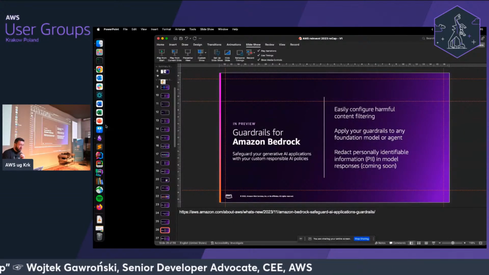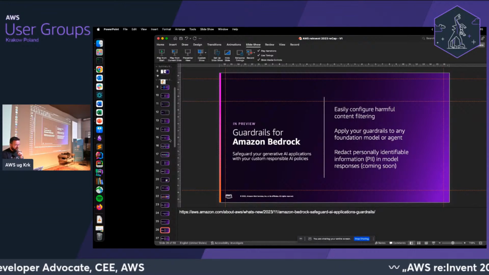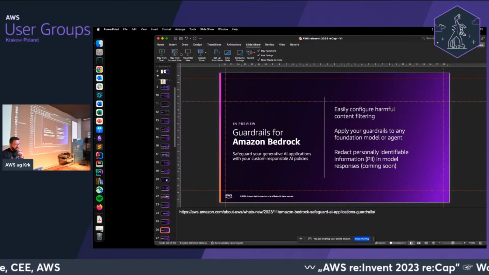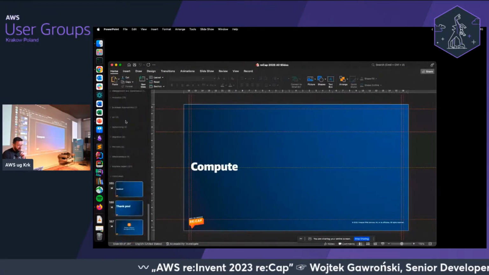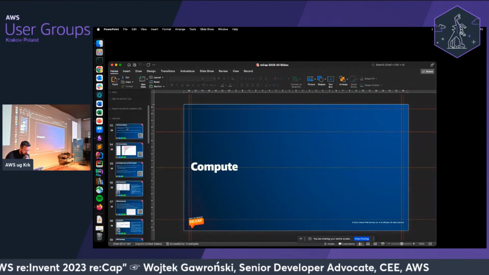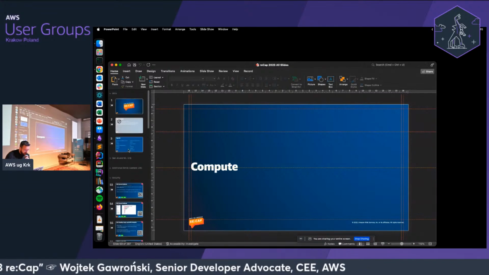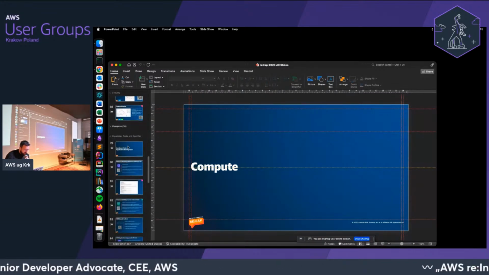So in terms of developer tools, I already covered a little bit of those, obviously, with Amazon Q and CodeCatalyst. To add a little bit more, let's go to the other deck and cover the developer tools in detail. We will be jumping a little bit. So let me find it. Yep. So here we have it.